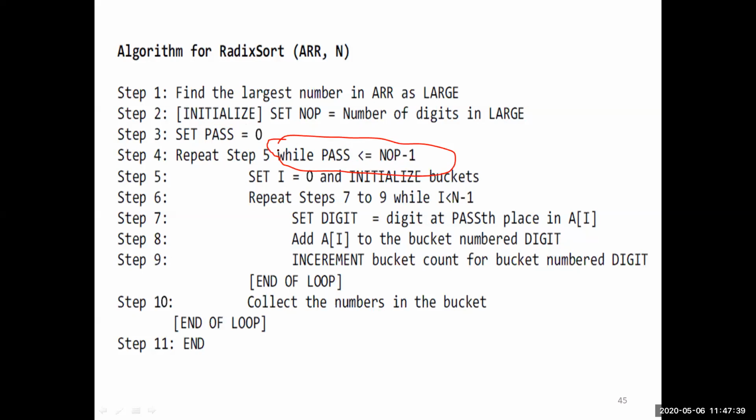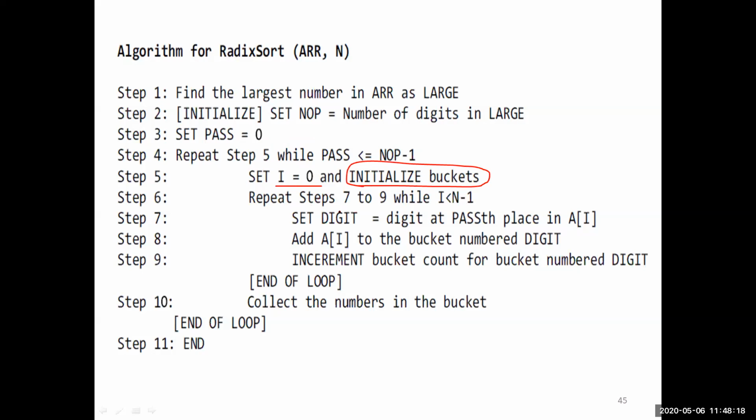So when I get into the pass, when I perform the first pass, what should I do? I place the particular element in the corresponding bucket. That is my task now. Then for the first pass, I am setting I equal to 0. I will start from each and every element, starting from the 0th element. So I set I equal to 0 and initialize buckets. We have to initialize 10 buckets. There is no change in that. It is 10 buckets, 0 to 9.